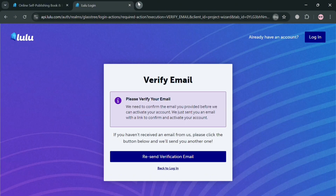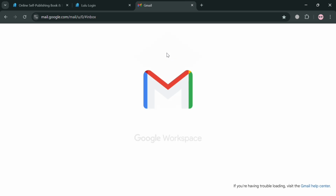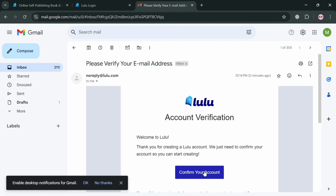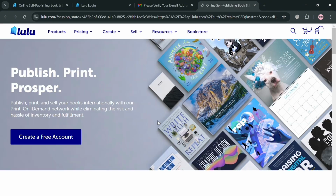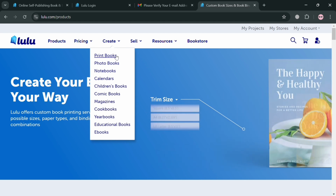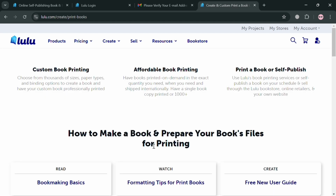Then you also need to verify your email address. So just go to your email inbox and click this confirm your account button. Upon doing so, we'll be directed again to this page, wherein our account has now been signed in. And now to start selling books on Lulu, just proceed by clicking this print books